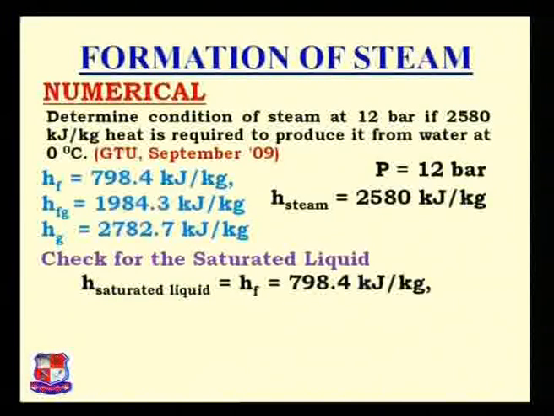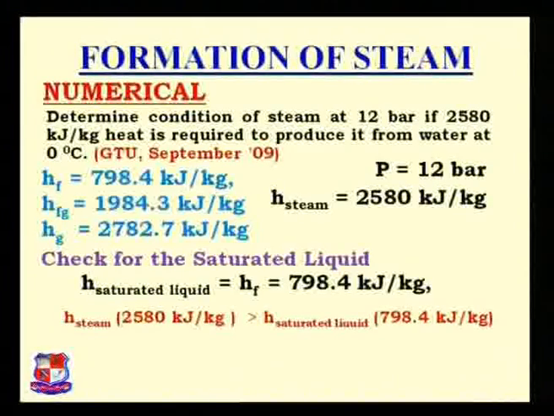Clear? So the enthalpy of saturated liquid is equal to Hf, and the Hf value we have obtained from the steam table is 798.4 kilojoule per kg. It means if water at 0 degree centigrade is heated and 798.4 kilojoule per kg of heat is added to the water, then water will be converted into saturated liquid. Clear? Now what is the enthalpy they have given in the problem? They have given the enthalpy of steam as